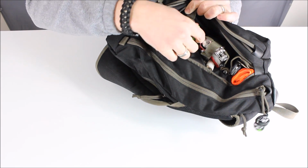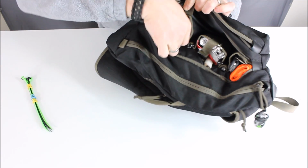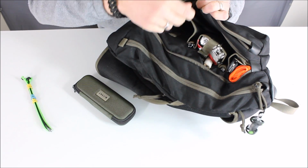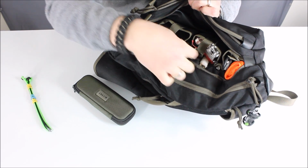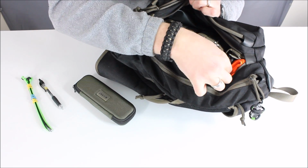So we'll start down here. I've got some zip ties. I've got this little CRKT case, and I'll talk about that in a minute. And I think that's pretty much it for that section. There are little small pockets in between, and I do keep one pen here,